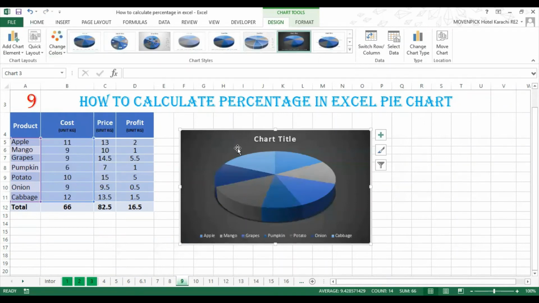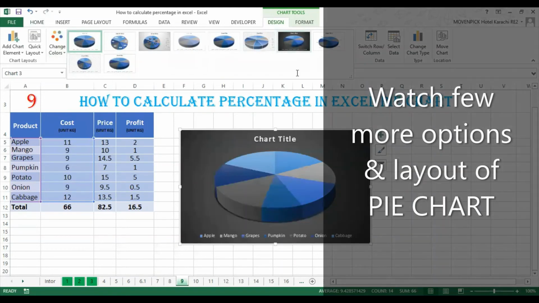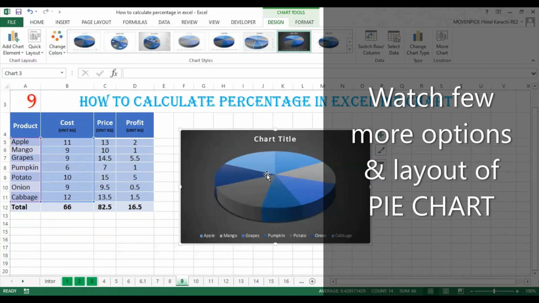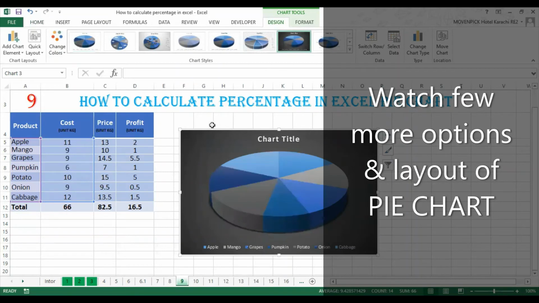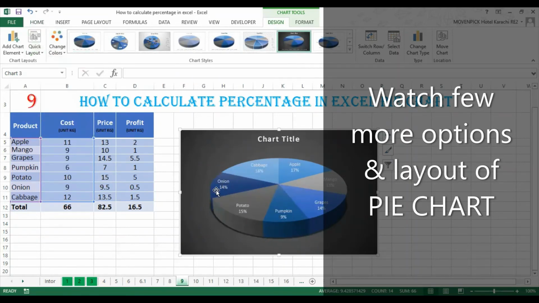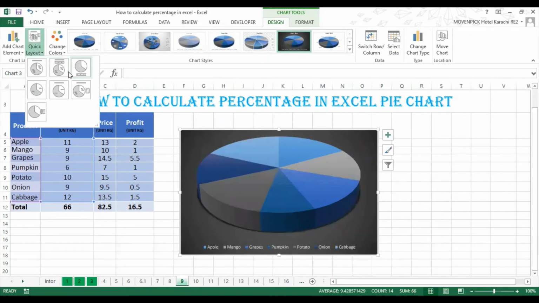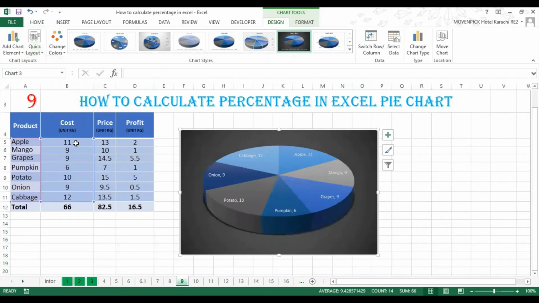So we just create the pie chart with the help of the insert option, and we have other layout options over here, you can see. We can apply any format, any background. If you like this one, you can apply it. If you want other colors, you can apply other colors as well. Now I'm going to change the layout. Here you can see I'm not calculating the percentage, but it is showing us the percentage of the cost of each product with the name of the product. Or we can select the other layout with the numbers of product, which will not show the percentage, it will show the numbers if you want the numbers. So it's up to you if you want the percentage.